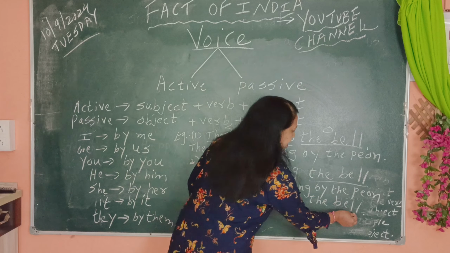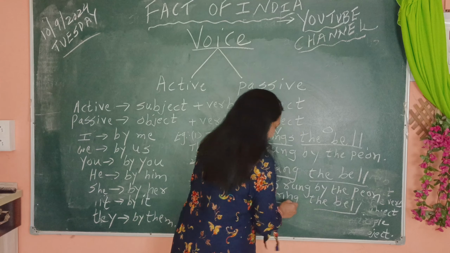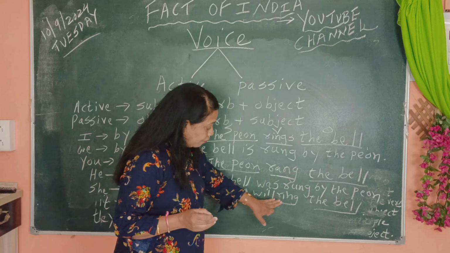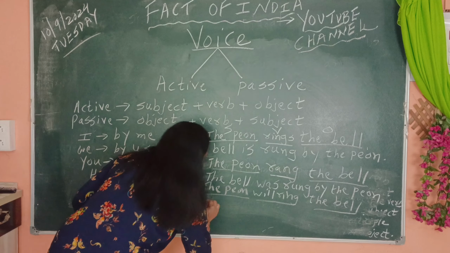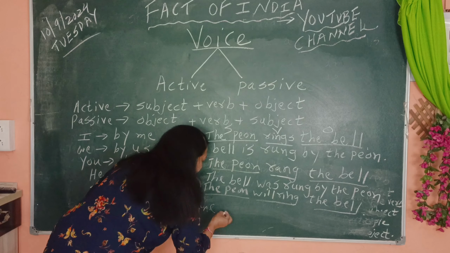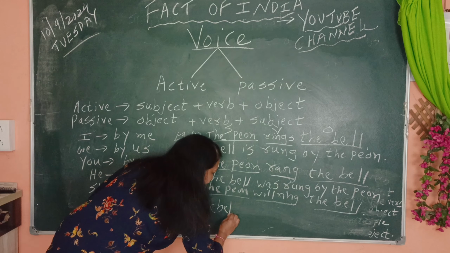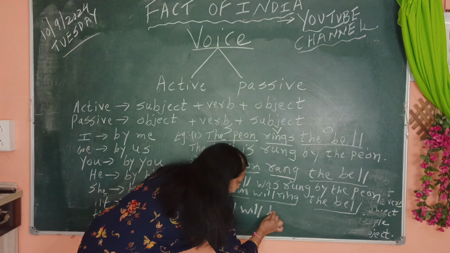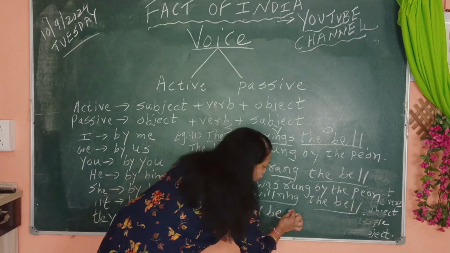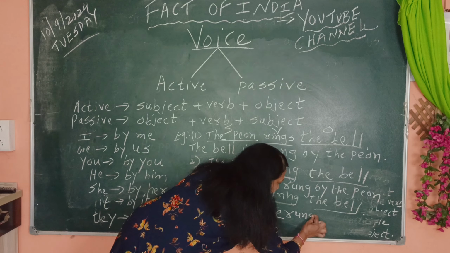The subject is the peon, will ring is the future tense verb, and what does he ring? The bell. So the bell is the object. So the bell will be rung by the peon. So each tense has a different transformation. So in voice,